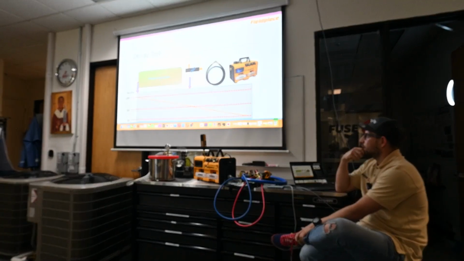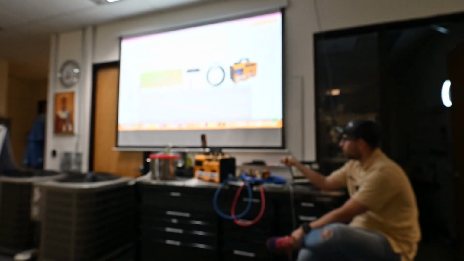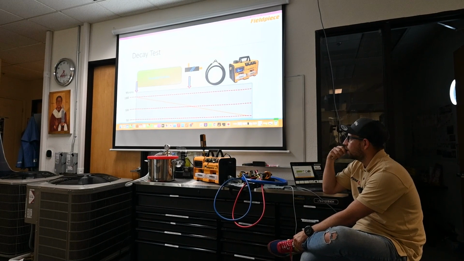It means if you turn on your vacuum machine and you see on your micron gauge less than 500 microns, and shut off some valve from the gauges or just shut off the vacuum machine,